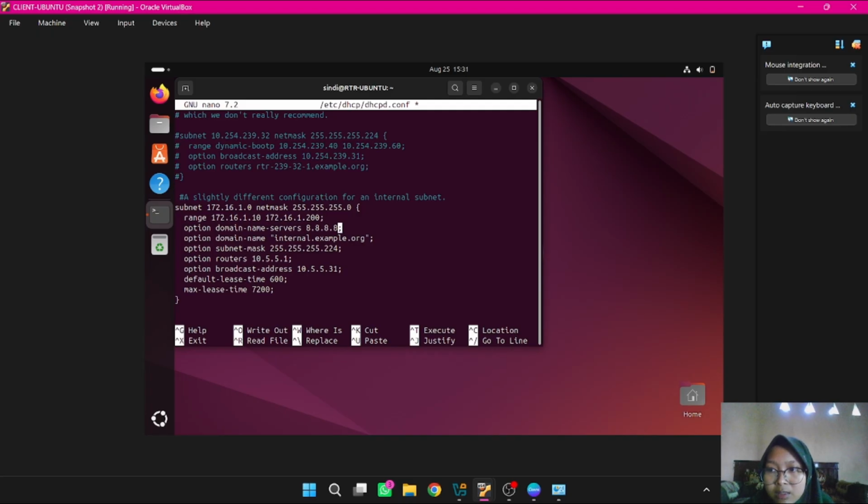If it is done, then the next part is option domain name. The second one is our domain name, friends. It can be adjusted according to the DNS that you have. Here, I choose cindy.com. In the option subnet mask section, we delete it. In the option routers section, we fill in the gateway. The gateway that will be given to the client is 172.16.1.1.